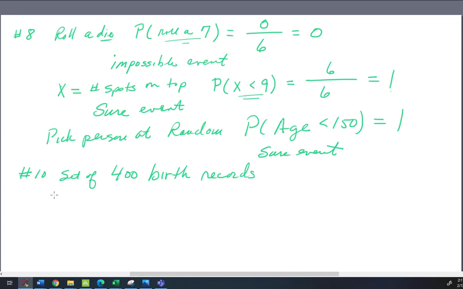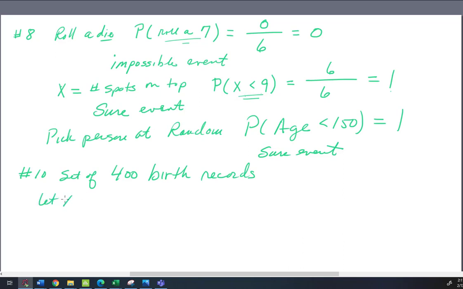And the birth records would have lots of useful information on them. They would have the date of birth, the gender of the child, and the length and the weight of the child. But let's ask questions like,